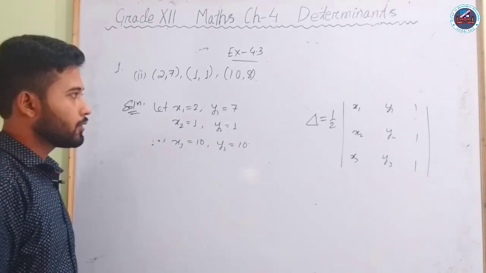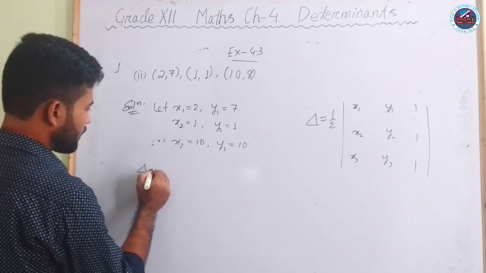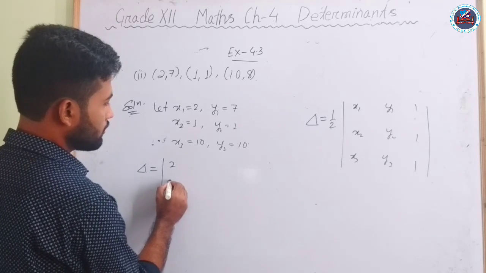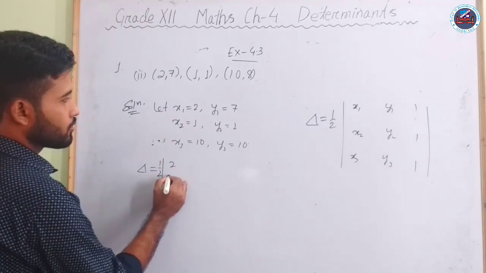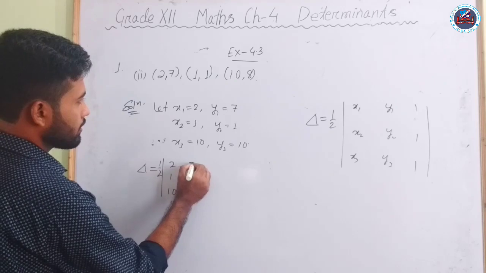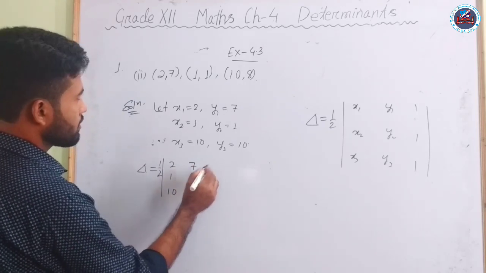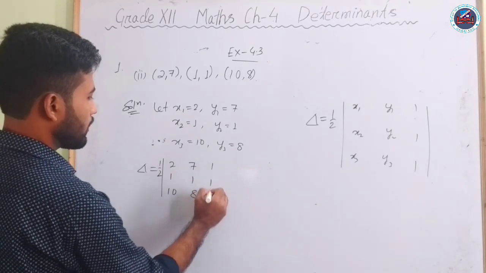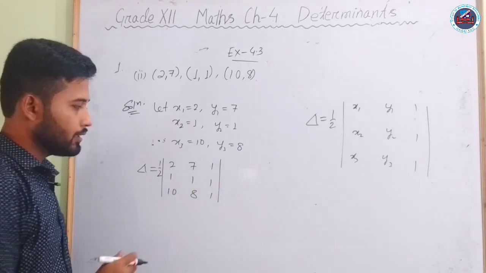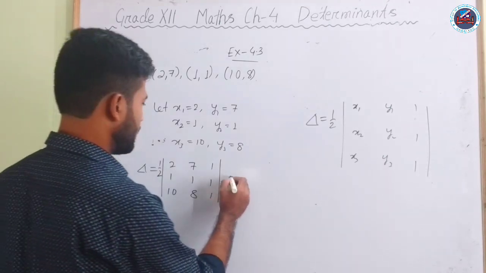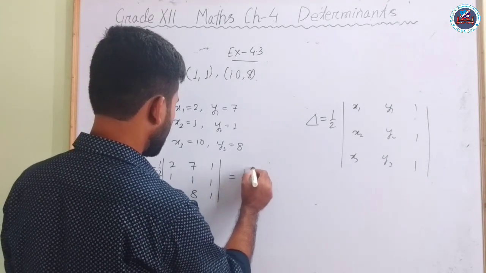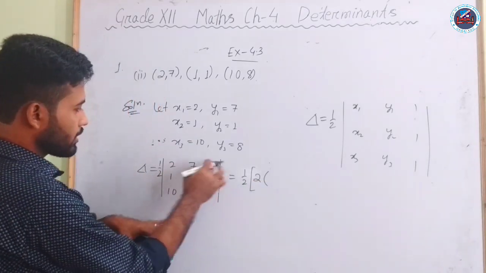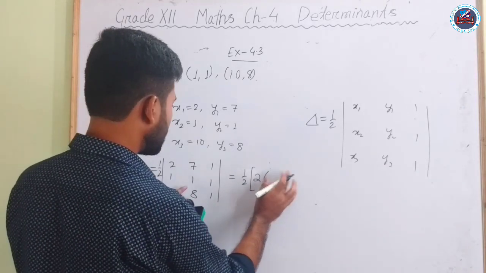Now to find the area of the triangle, how to do it? Determinant of x1. What is our x1? Half is there, 2, 1, 10, 7, 1, 8, and 1, 1, 1. Fine. So this is the determinant and we need to find the value of this. So this will give us half into 2 into what? Exclude this row and this column. So we shall be remaining with